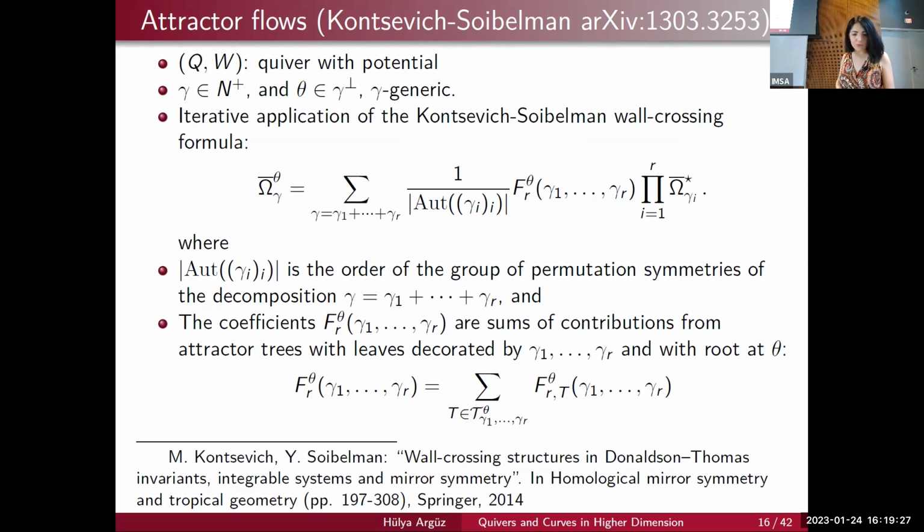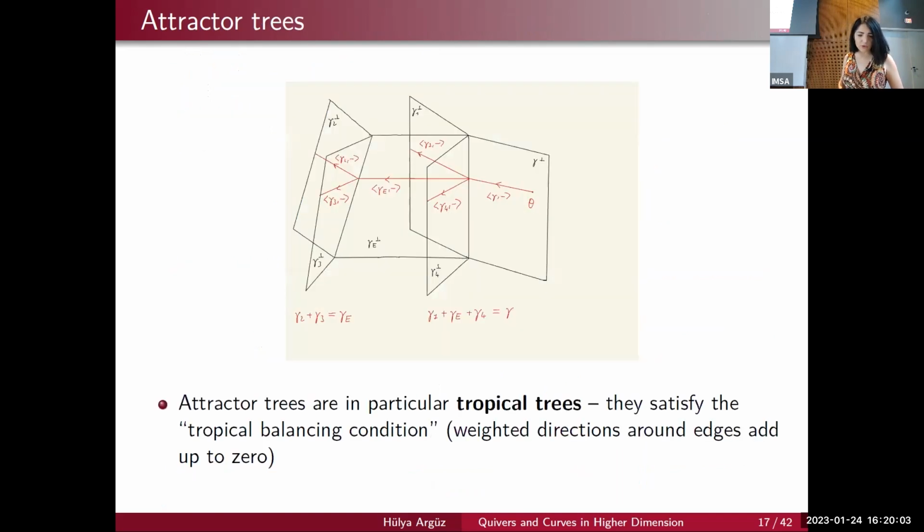And here, automorphism gamma I is the order of permutation symmetries you need to divide by, as usual with automorphisms, and they explain the coefficients appearing in this formula relating general DT invariants to attractor DT invariants can be combinatorially captured by looking at sums of trees with leaves decorated by gamma 1 to gamma r, which is the decomposition of your dimension vector gamma. So we write gamma as decomposed as gamma 1 plus ... plus gamma r. And roughly the picture is as